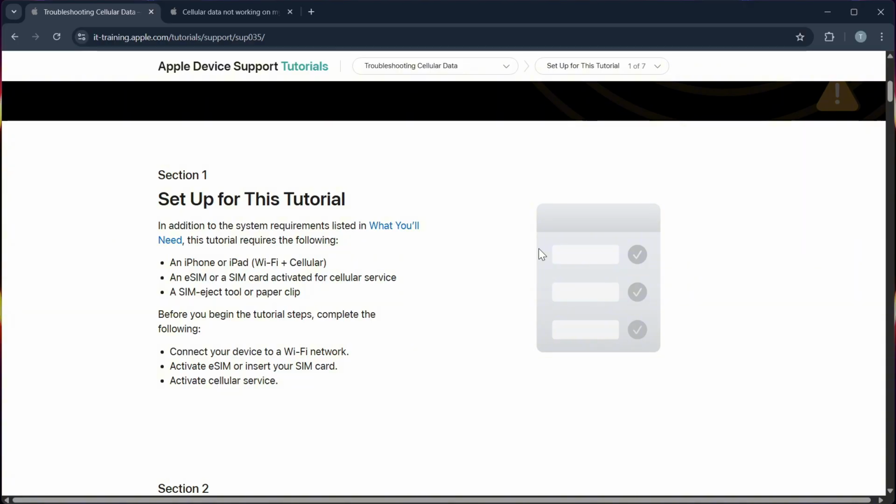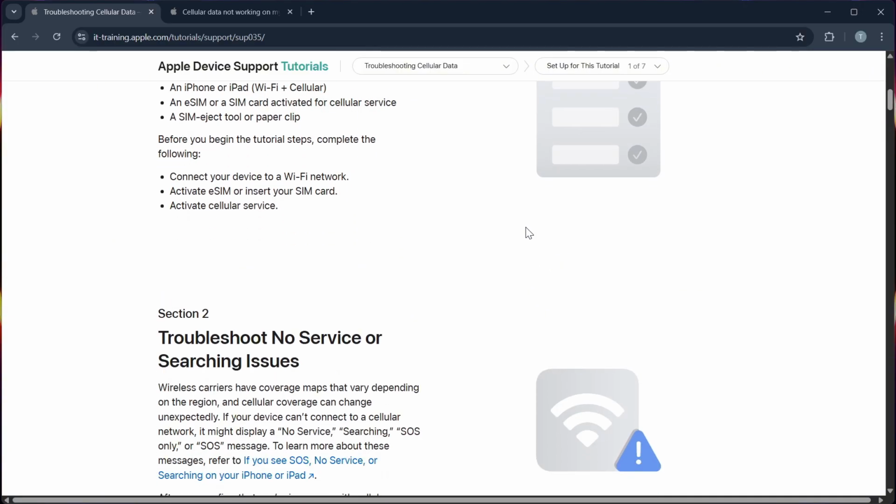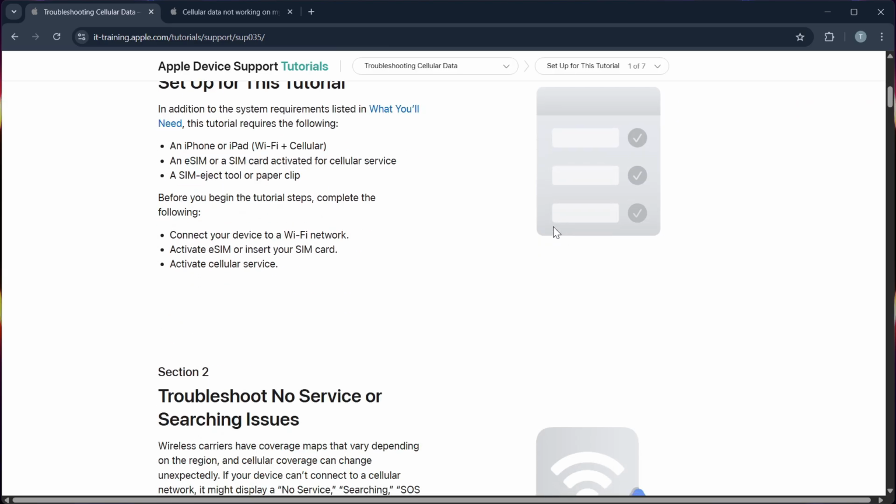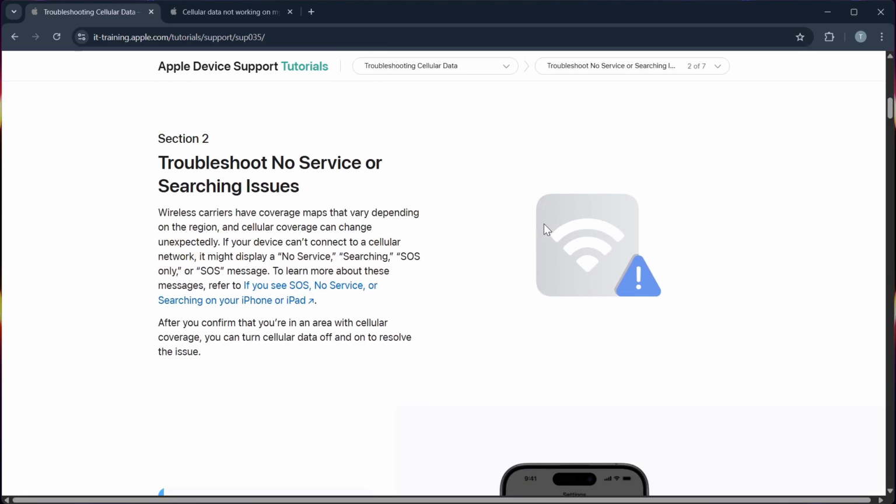Step 3. In settings, go to general and then about and see if there's a carrier update available and install it. Step 4. Go to your settings and then general and then transfer or reset iPhone and then reset